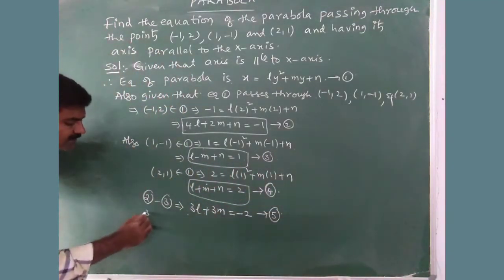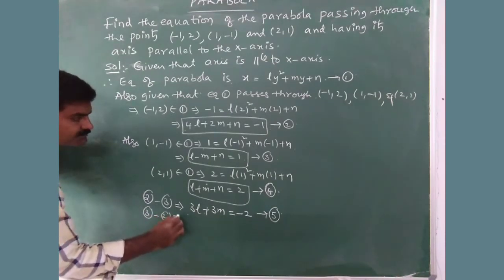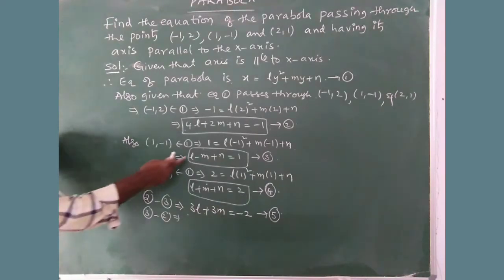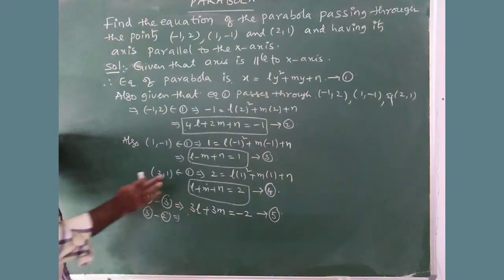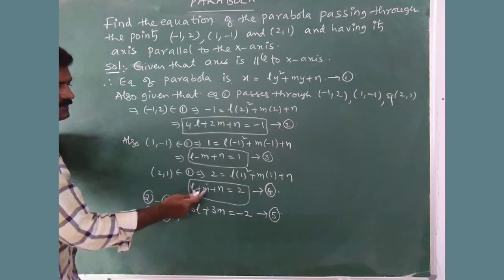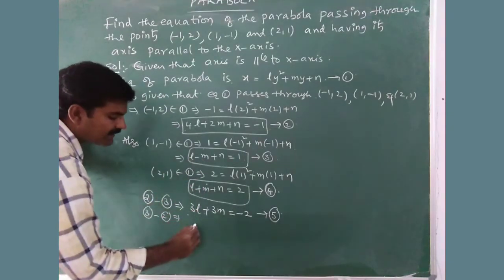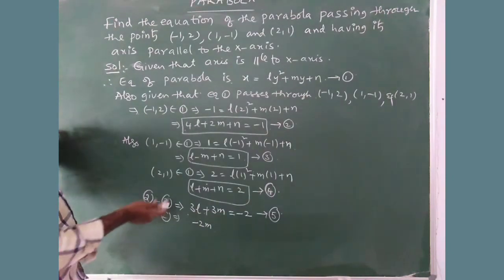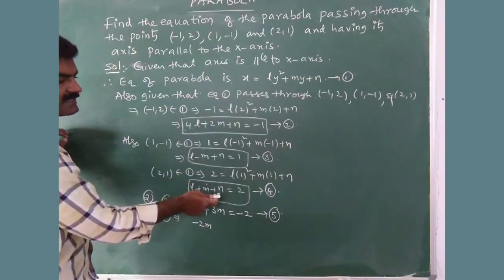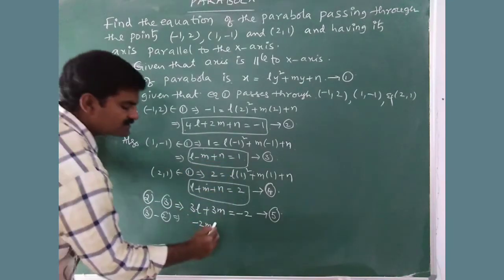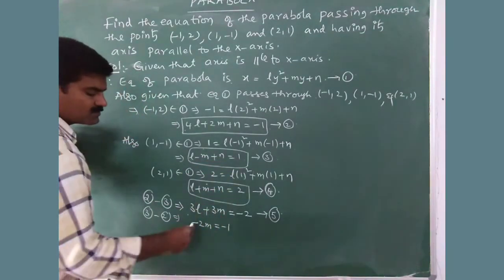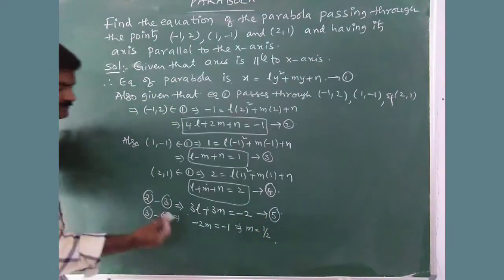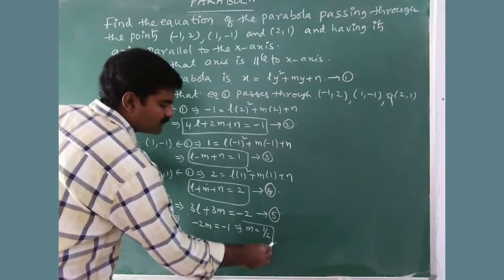Also you go for 3 minus 2. Let us subtract these two now. Then L minus L anyhow cancels, minus m and minus m, which is minus 2m, isn't it? n minus n cancels, 1 minus 2 is equal to minus 1. So from this, clearly the m value is nothing but 1 by 2. The m value is 1 by 2.